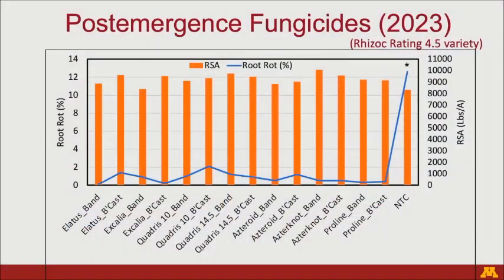Right here is the data from this particular trial in 2023. All of these fungicides, whether applied as a band or broadcast, and I have this root rot percentage here, right? So very clean roots. This is as high as 14, so on a 0 to 10 scale, it's only 1.4, right? This is my non-treated check, just about 8,000 pounds per acre. You see, most of the fungicides, whether you did a band or broadcast, they're looking pretty good. So don't worry about how you apply, but applying the fungicide is the key.